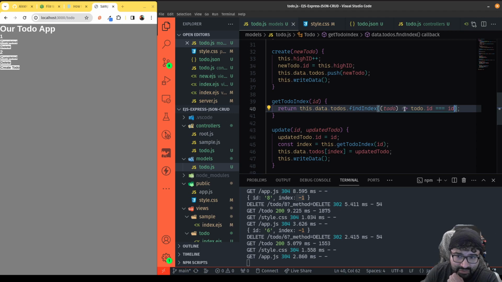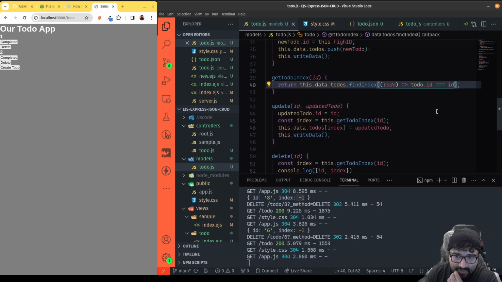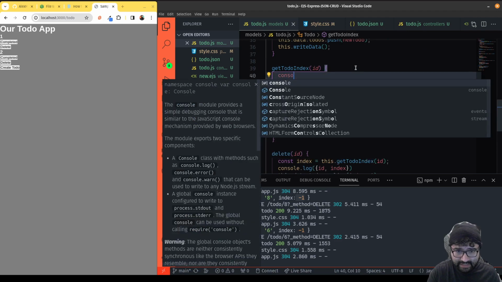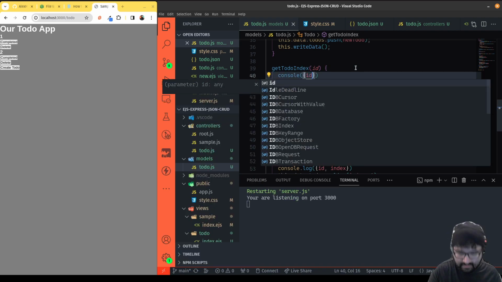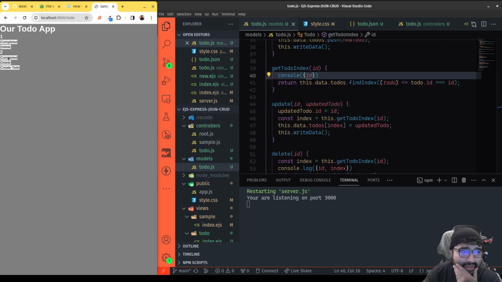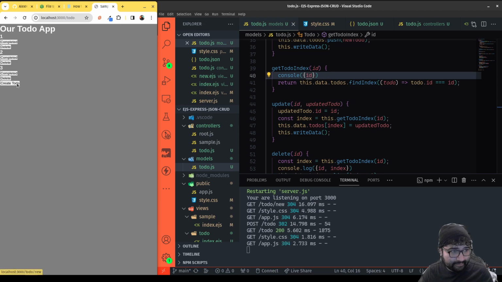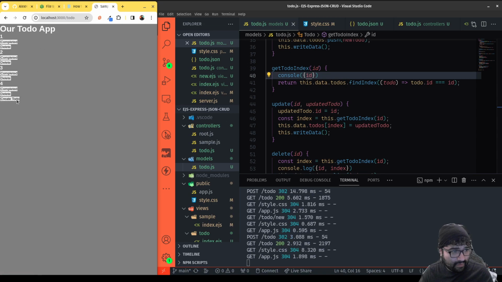It iterates through each to-do and double checks whether the to-do ID equals the ID that was passed in. So that makes me think it's the parseInt situation. So let's actually just console log the ID in here, so we see the ID by itself. That's getToDoIndex. And again, let me just add a few more to-dos. So we'll add 3 and 4 again. Okay, and then if I delete number 3,